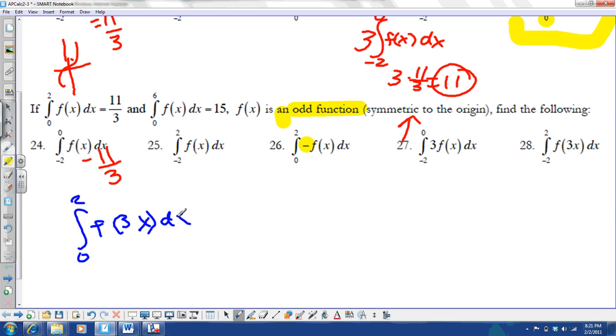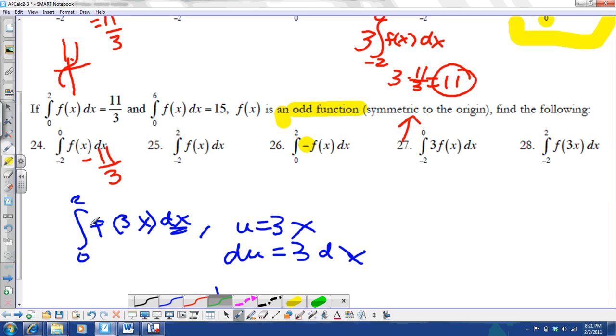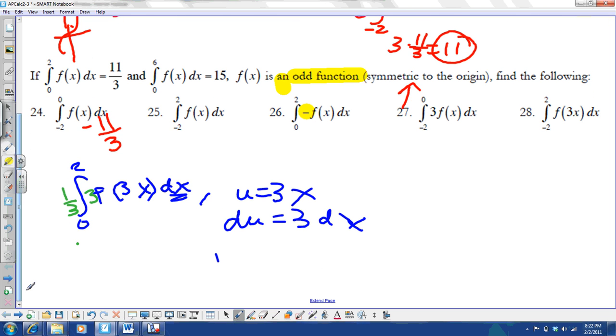So if we let u be equal to 3x, then du is going to be equal to 3 dx. Now, look at what we have here in our original integral. We have a dx, but we don't have a 3. So let's go ahead and put a 3 in here so that we can make a substitution. We include a 3 here, we need to include a 1/3 out in the front. So let's see if we can rewrite this integral. We have 1/3